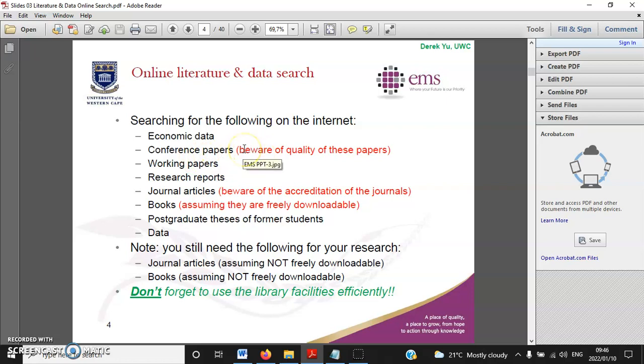And in brackets, I said beware of the quality of these papers, because usually the researchers start off by presenting their latest research at conferences. So in other words, the papers might still be work in progress or of shaky quality. And then later, if accepted for publication, they could turn out to be working papers, research papers, and then